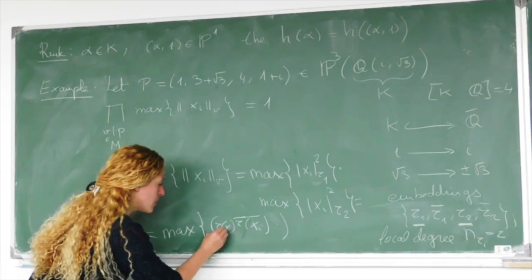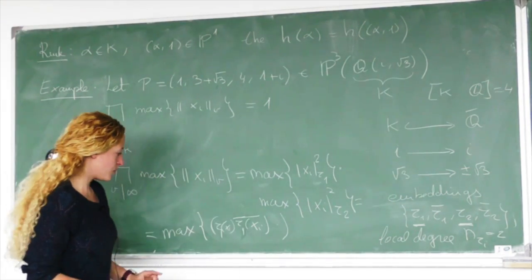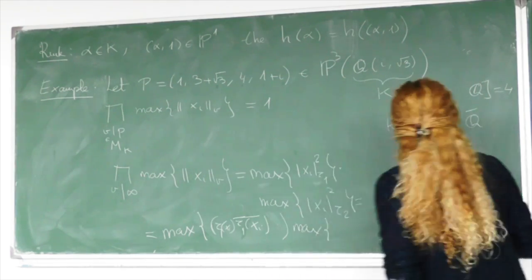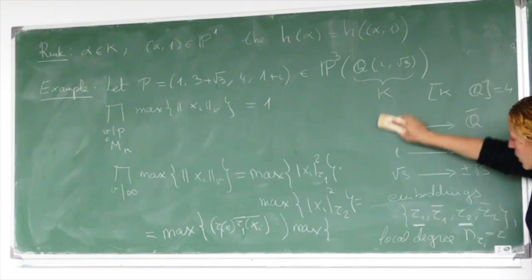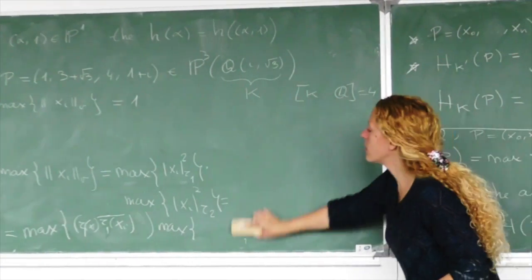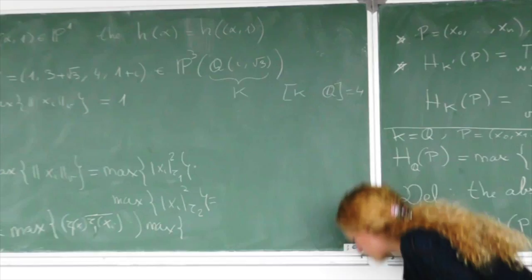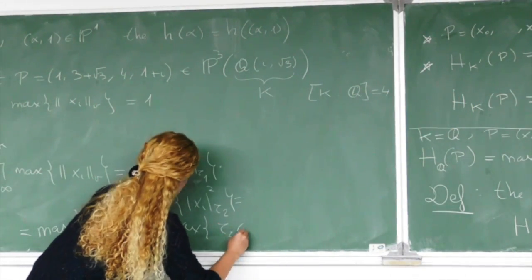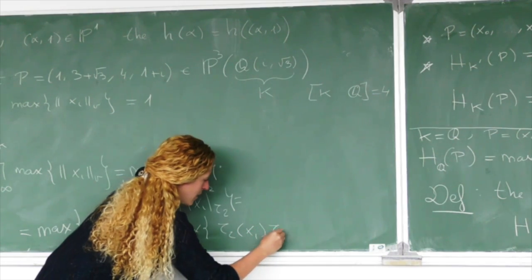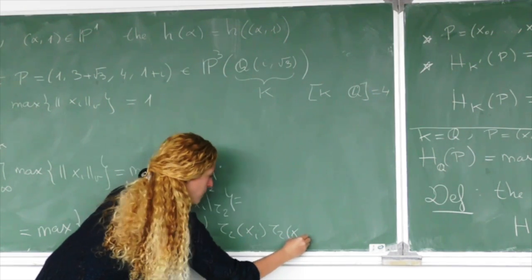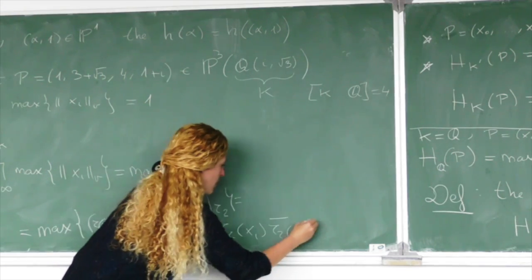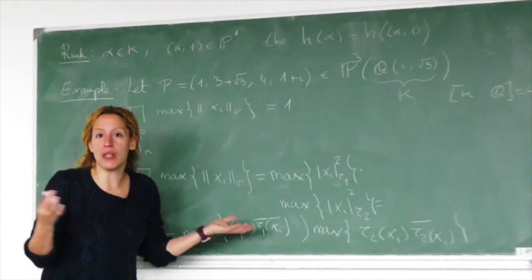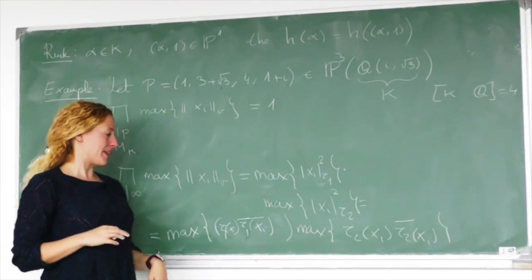And now we have the same thing with the 2. So it is this times the maximum. I'm going to erase here. Well, you remember what I did, so I can erase. Times the maximum of tau 2 of xi times the conjugate one. Okay, so this is just the square of the usual norm, the Euclidean norm, if you want to put it in the complex numbers.